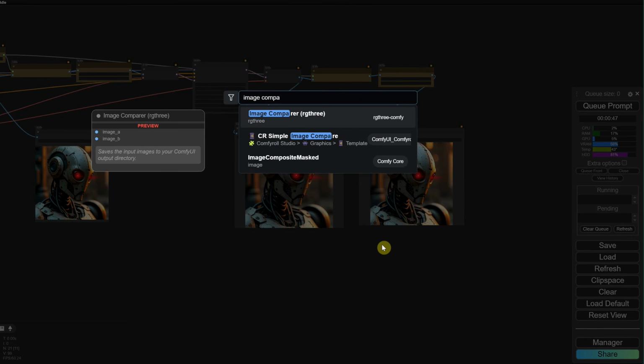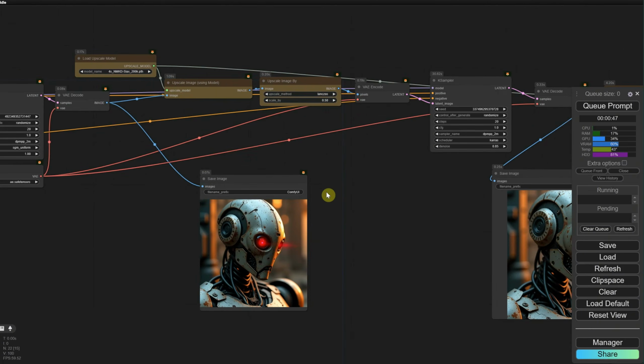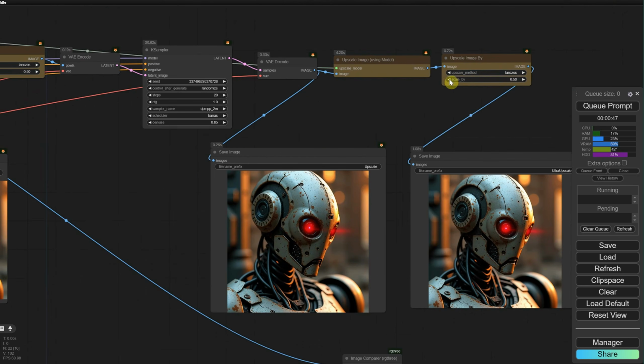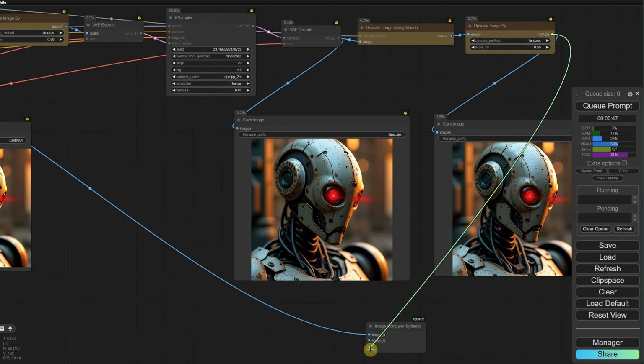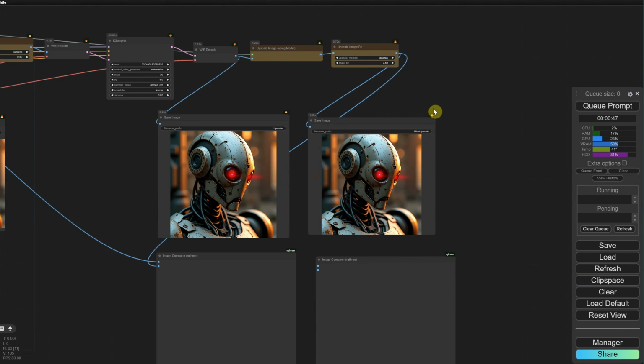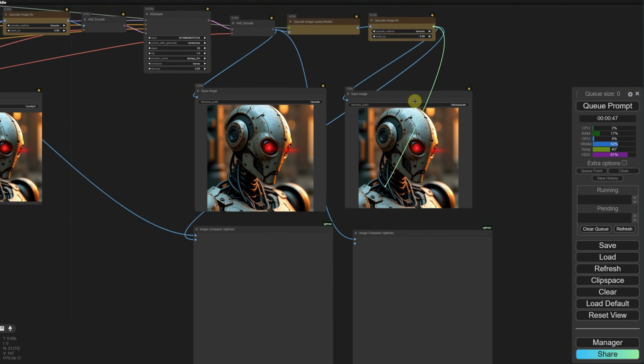To compare, let's add an image comparer node, connect the first generated image to the image A input, and the last upscaled image to the image B input. Add another image comparer node to compare the second generation with the last upscaled image to see how the last